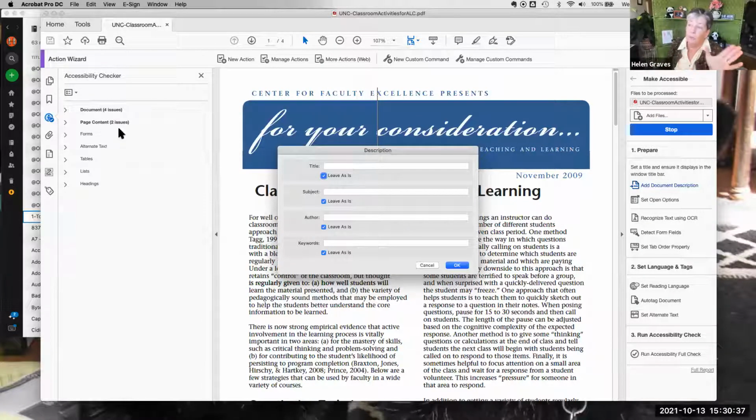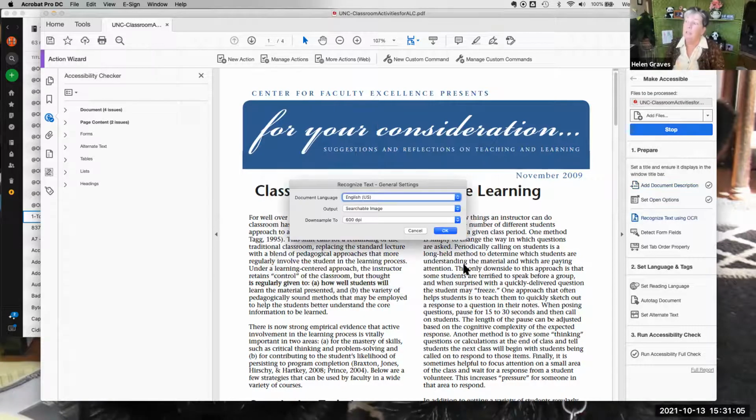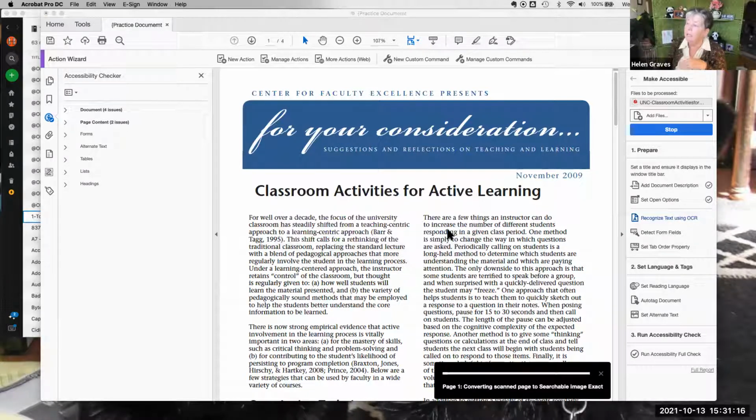And you can see right here, if you recall over in the errors, the title failed. And now I can see why. There's no title that is readable by a screen reader device. So I would need to uncheck the box and put in a title. I don't remember what this is called, so we'll just call it practice document. Then I would say okay, and it'll take me to the next parameter. The document language is English, so I'm going to leave it as the default. Click OK. It does its thing,